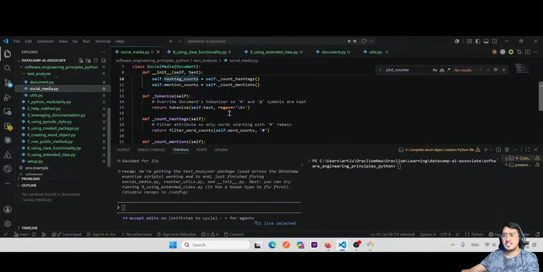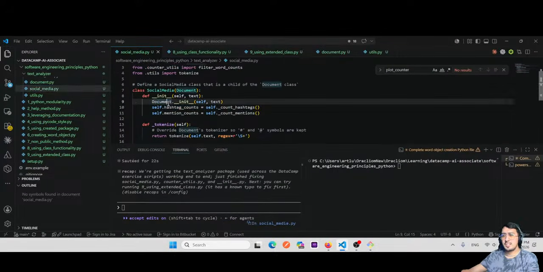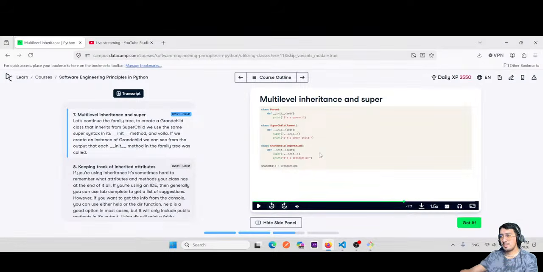Okay, but just in case, here when we're doing this document init, so we're just passing basically the same. So I guess in the super, what I'm doing is just